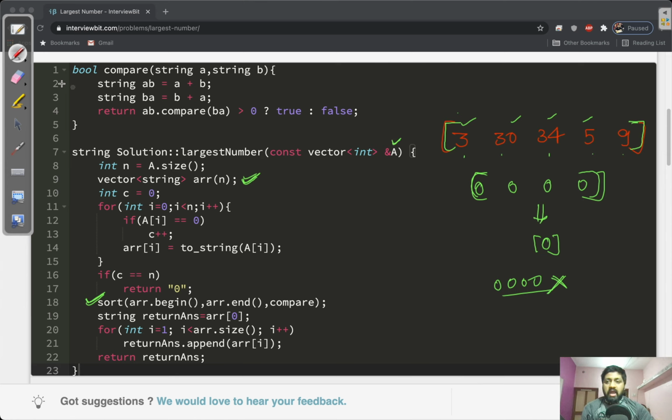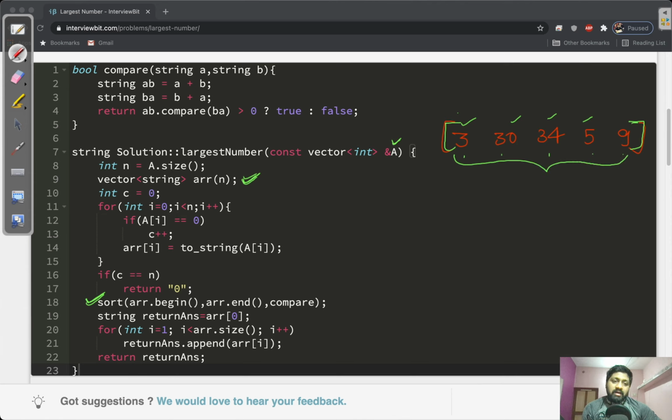Okay, so we have this array and we need to sort this, but simply sorting doesn't give us the correct output. So what we need to do is write our own compare function such that this array of strings is sorted according to our use.